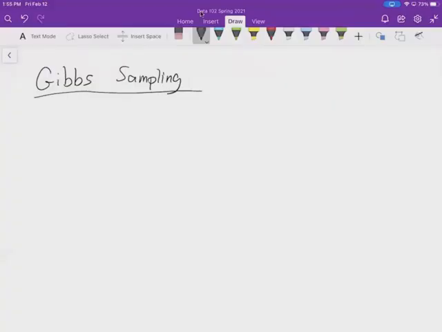Now we're going to talk about Gibbs sampling. Gibbs sampling is a kind of variant on Metropolis Hastings. The pros are that it's very easy to describe. It's very intuitive. It makes a lot of sense. One of the cons is that it's only really valuable when thinking about